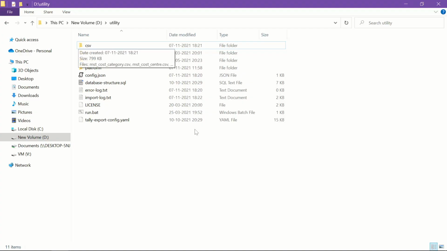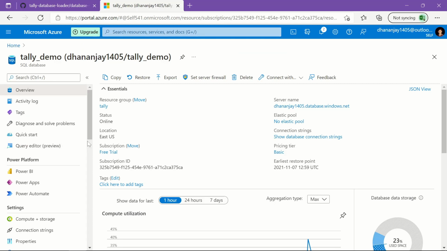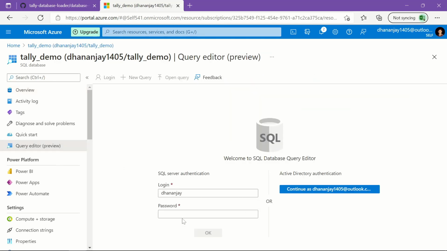Let us quickly check if our data was imported correctly on the server or not. So I'll go to that query editor again. I'll click this online version. You can alternately even download Azure Data Studio, which is available freely, to query this.